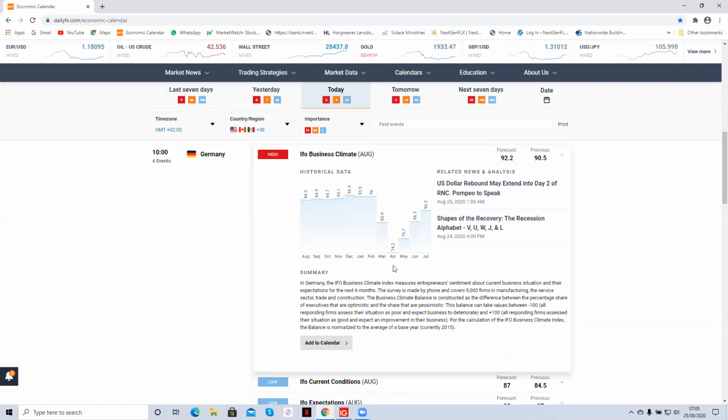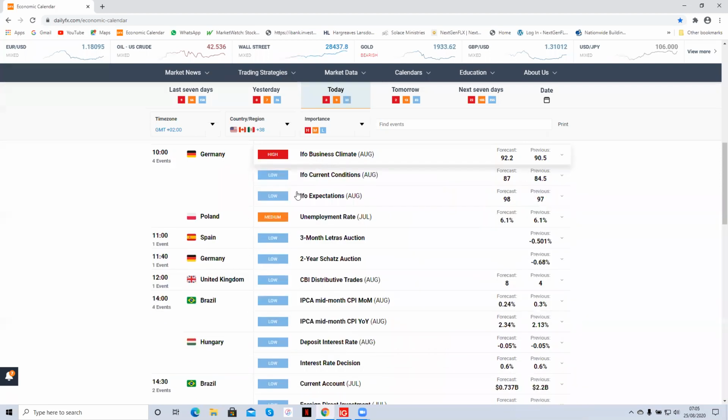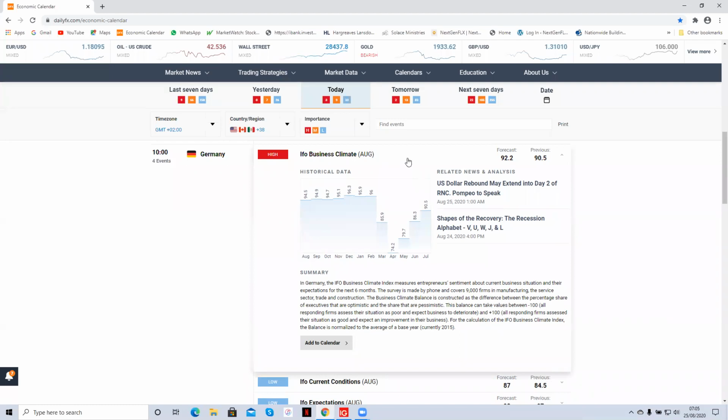And again, if you're new to trading, you have to start making a habit of reading what these reports are about, so that you can then judge for yourself, with time and experience, whether you can trade before that report or not. So do get in the habit of doing that. And then with time, you'll know the significance of what each of them means, but just get into the habit of reading what the report is about.